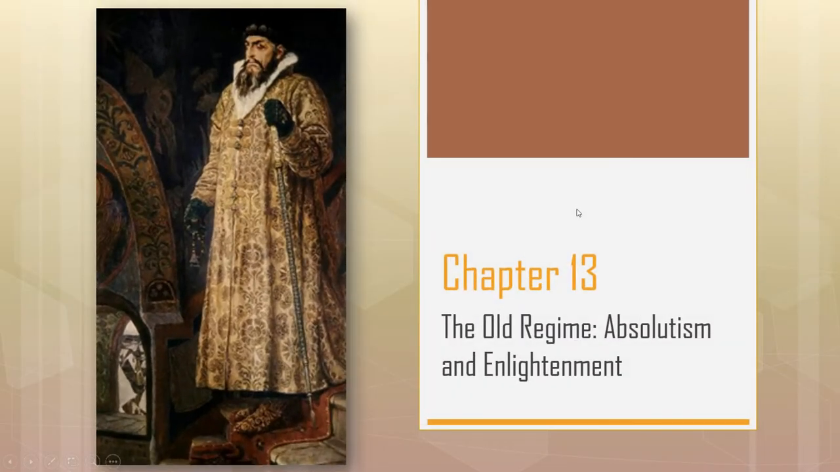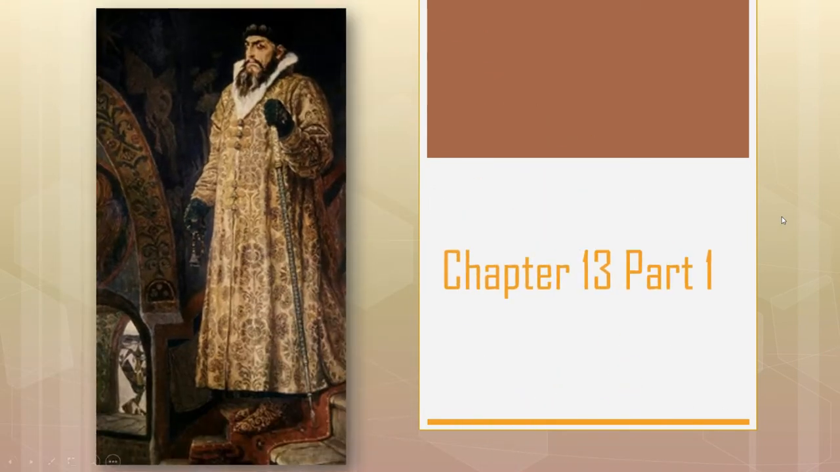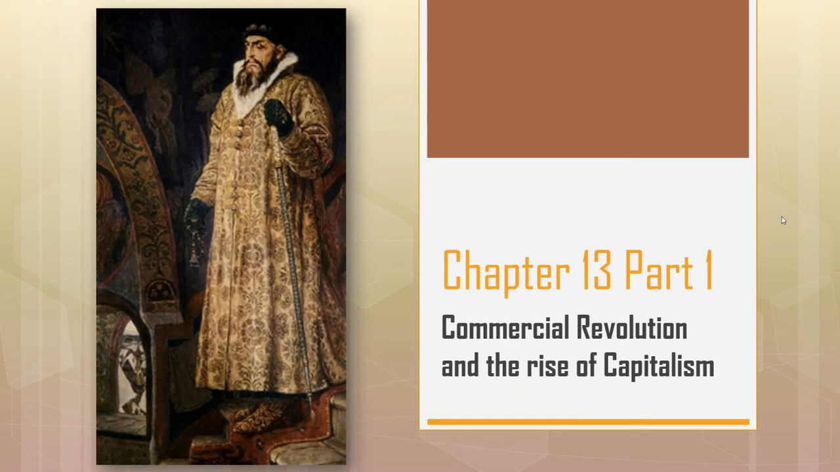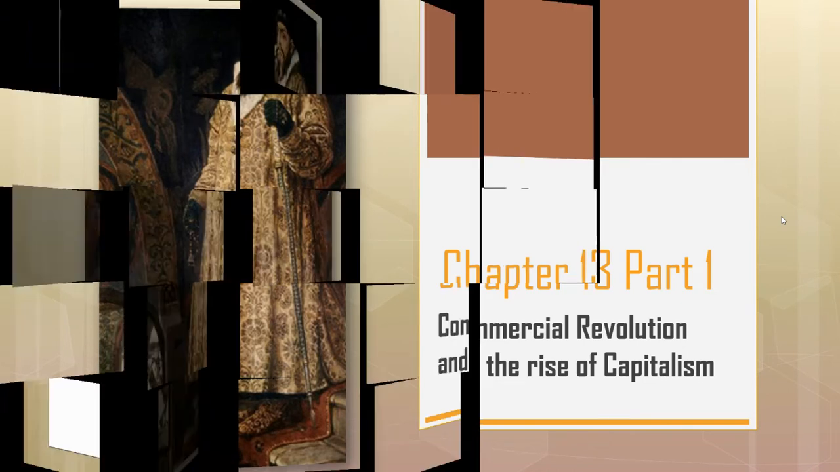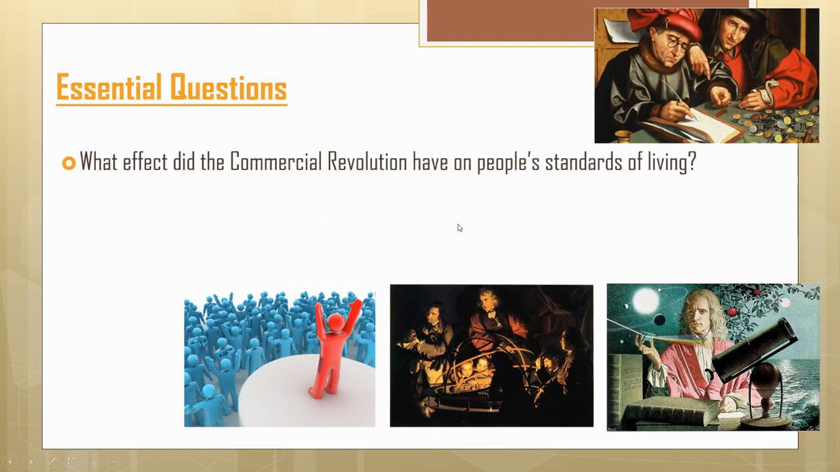All right, so we're looking at chapter 13, the old regime, absolutism and enlightenment. Part one, chapter 13 is going to go over the commercial revolution and the rise of capitalism. So the essential questions for this chapter, for the entire chapter, what were the effects of the commercial revolution, or